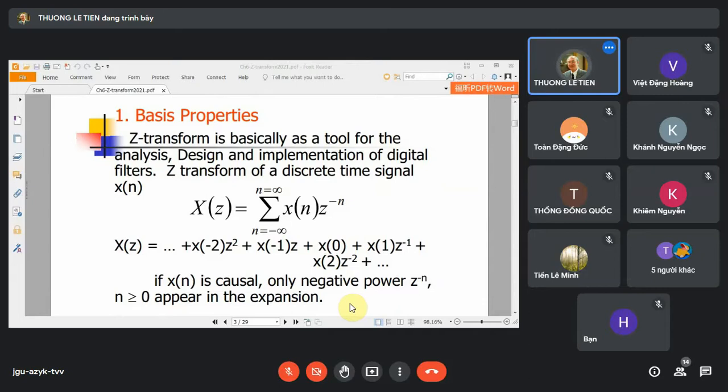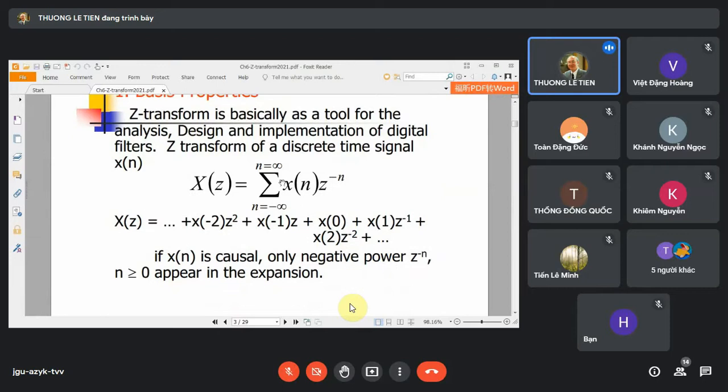So that would make you remember many other things. So if we substitute z by e to the power of j omega,